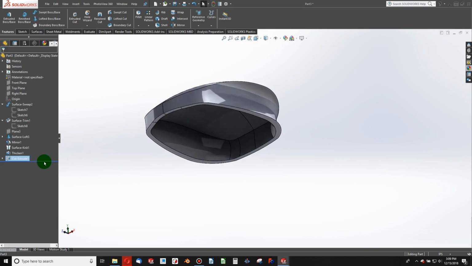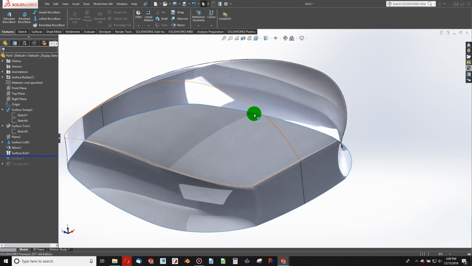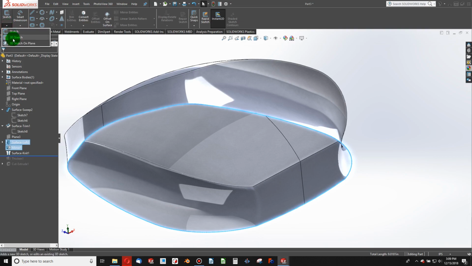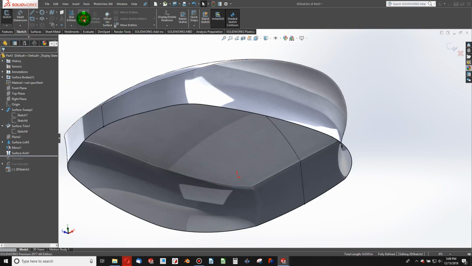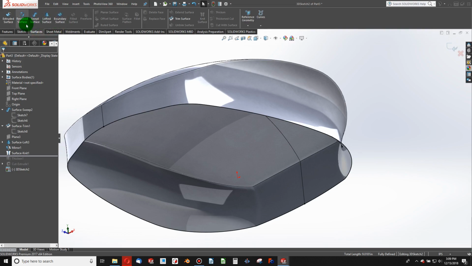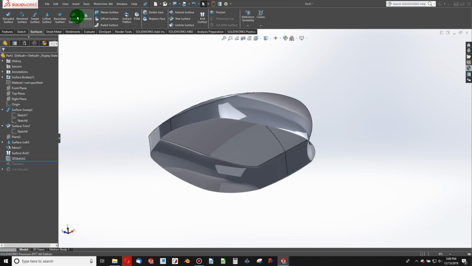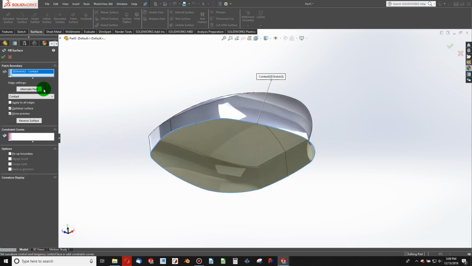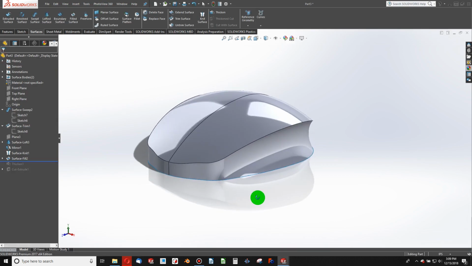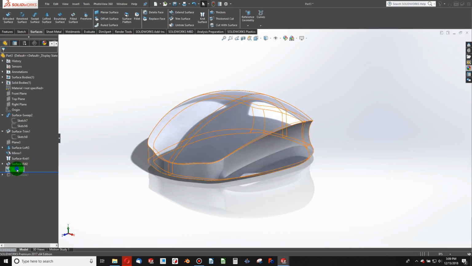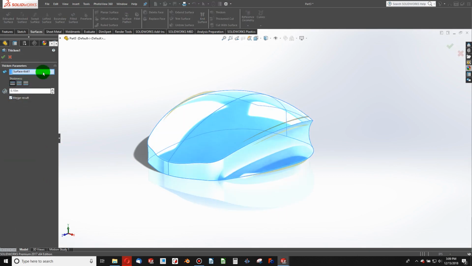Another thing that I can do, if I roll back, I can convert entities on here and here. I simply say sketch, 3D sketch, convert entities, and then go back to my surfaces and say filled surface, choose my sketch. Now I've made a bottom of this mouse, and then if I go to thicken, I'm probably going to error out, maybe not. Oh, I didn't error out, I just need to edit my feature, and